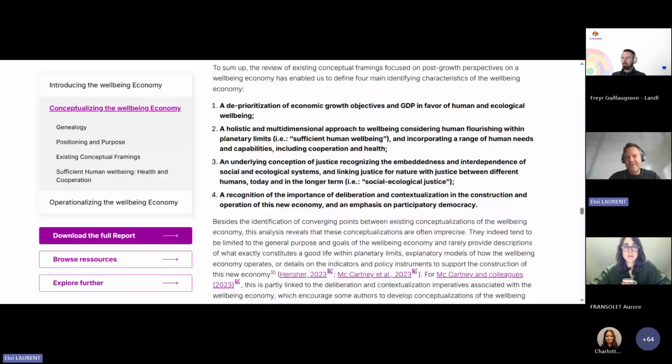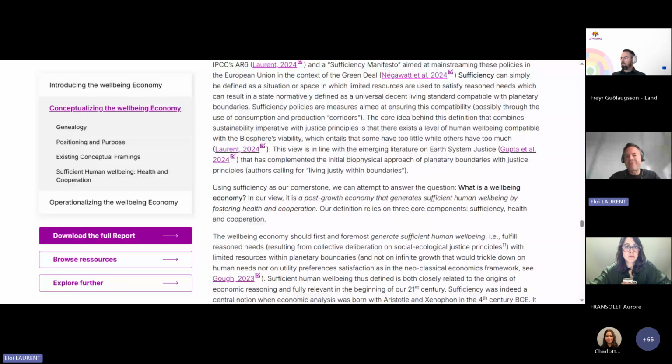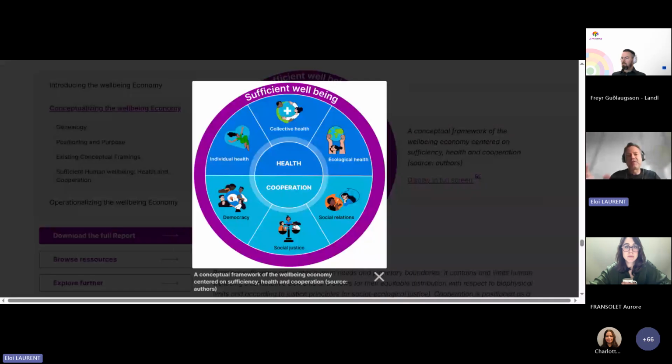And the purpose of this, and focusing on certain dimensions, is that we want to arrive to an operational framework. And so we have this very inclusive framework of what the well-being economy is about, focused on three key notions, which are sufficiency, health, and cooperation, and then dividing those two core dimensions of health and cooperation into 6 domains, which are individual health, collective health, and ecological health for health, and then social relations, social justice, and democracy